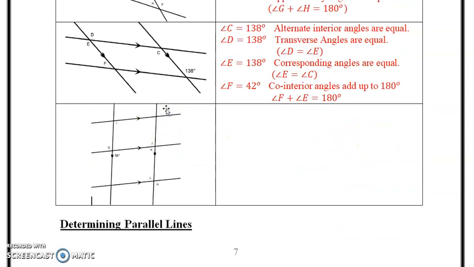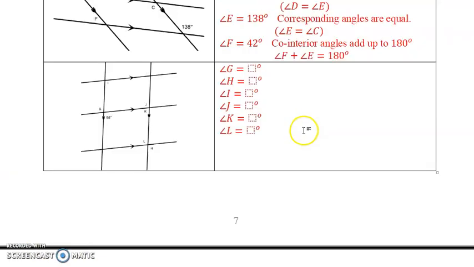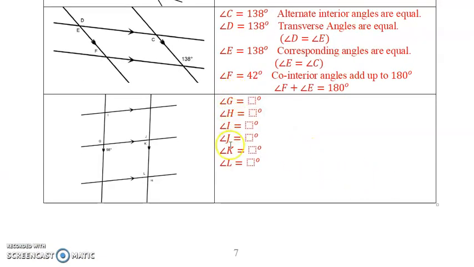Next, we have GHIJKL. So here we have GHIJKL, what we're looking for. We know 98. Now again, we have two transversals here that are parallel going through these three sets of lines that are parallel. So G is equal to 98 degrees, and the reason we know that is